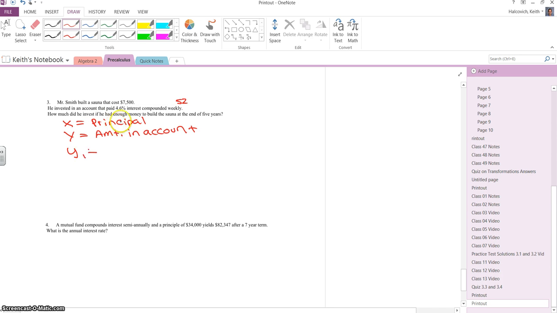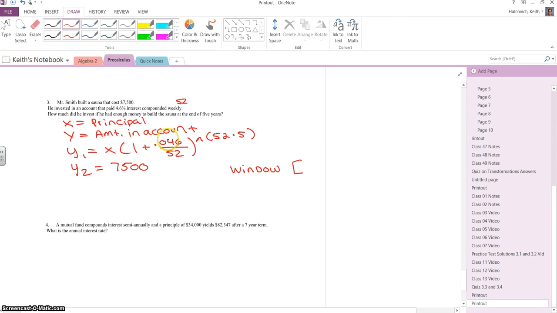So the Y sub 1 is X for the principal times 1 plus 0.046, that's our rate, over 52, because it's compounded weekly, and that's raised to the 52 times 5 power. Y sub 2 is our amount in the account, while the amount that he invested or had to spend is 7,500. So then our window,